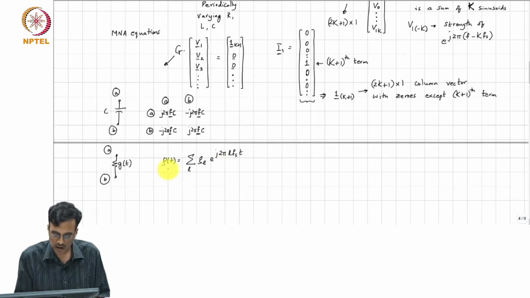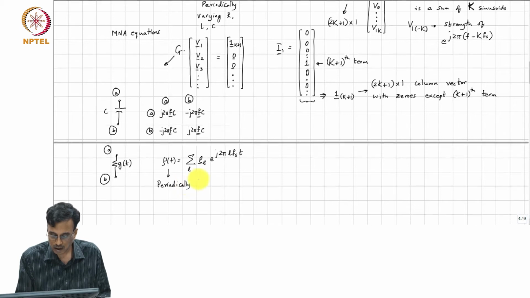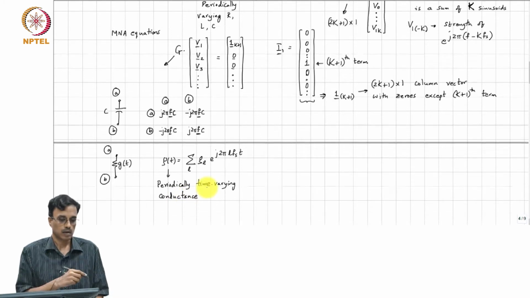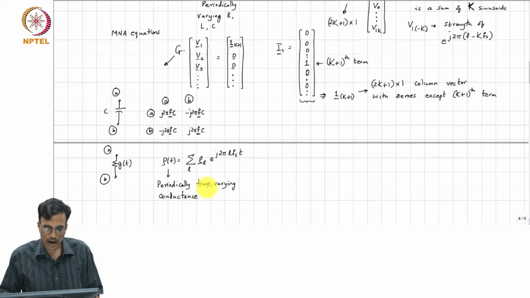So, this G of t is a periodically time varying conductance. All right, and